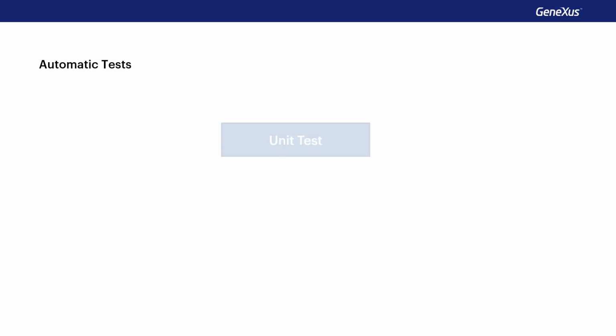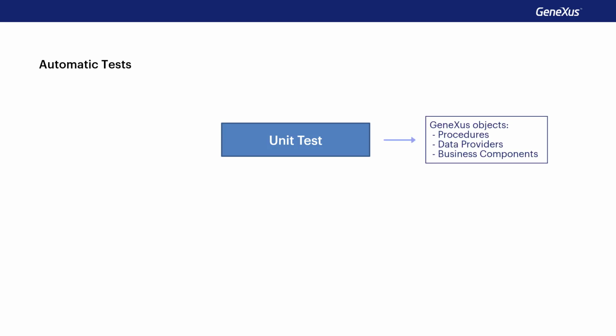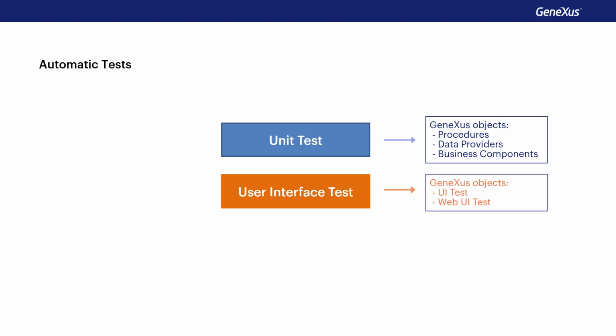In Genexus, unit tests without an interface are applied to tests on procedures, data providers, and business components. In short, those components where the business logic of our application should reside, and that's why the unit test object exists. The interface test allows us to create tests simulating a user's actions on the browser in order to test entire application flows.